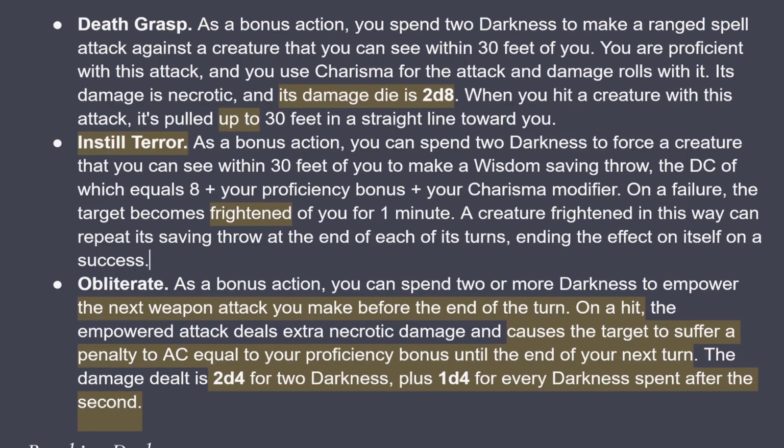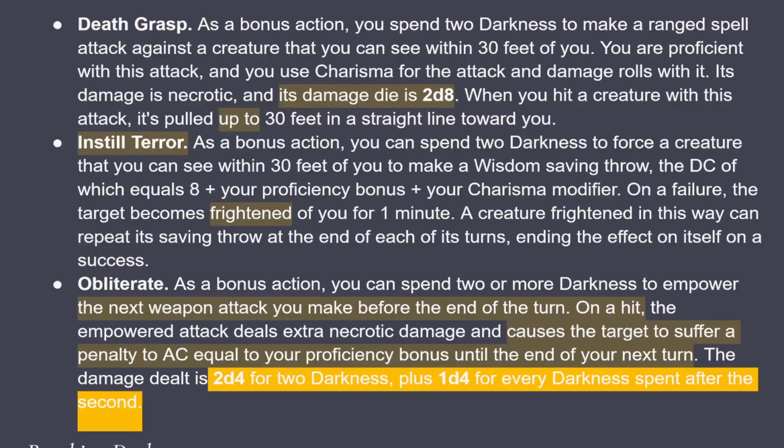And we deal a smite: 2d4 darkness, plus we can spend additional darkness for an extra d4 for every darkness spent after the 2. Now, a d4 is not exactly Paladin Smite damage worthy. Especially 1d4 per darkness doesn't feel super great and powerful. Plus, the thing is, compared to what you could be doing just passively with your Rising Darkness radius, it doesn't